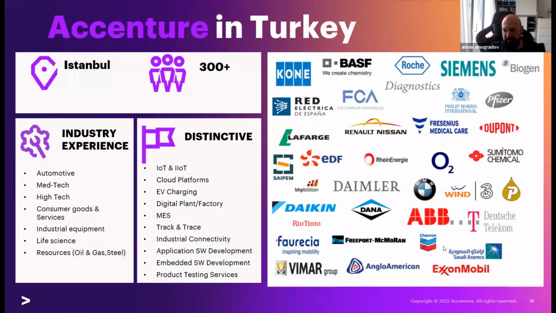And Accenture supports clients' digital transformation from different aspects globally, and our team in Istanbul is working with and for global clients in several continents, such as, you can see, Honda in Japan, Roche in Switzerland, Kone in Finland, Daimler in Germany, Apple in USA, and CNH in Italy, etc.